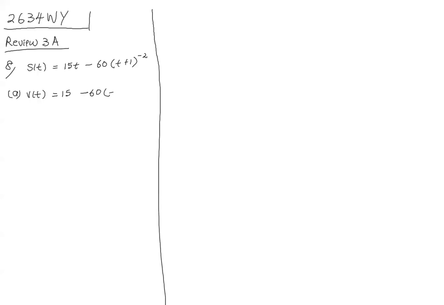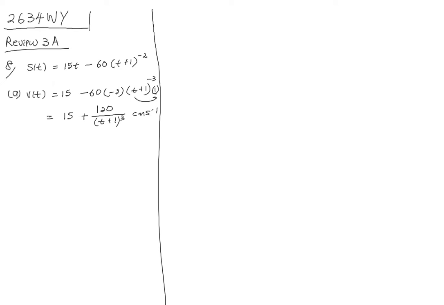Bring down the power. Copy down the whole thing. Power take away 1. Times by the derivative of t, which is 1. Okay, so I have 15 plus 120 divided by (t plus 1) cubed. So this is in cm per second. So I'm done with part